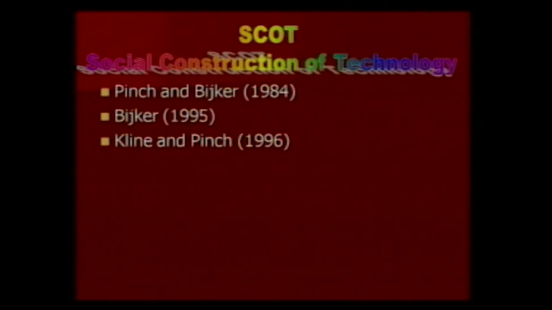Now, some of you may have come across a book by Berger and Luckmann, The Social Construction of Reality. This book is something like a Bible. You know it so well, you sometimes forget the name of the things you know best. That book, which came out in 66 or 67, was enormously influential in how groups of people socially construct things. In other words, it's how things acquire meaning within a group of people. That's the key. It's a key sociological idea, and it lies behind much of this work on social construction of technology.